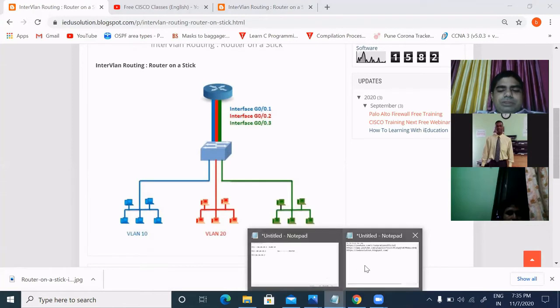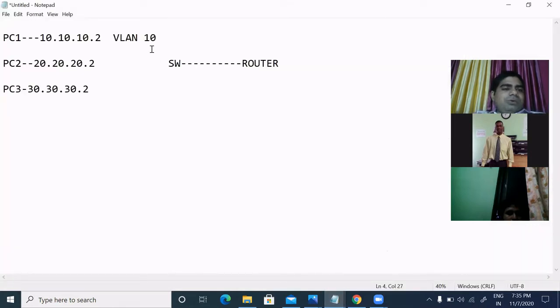We are going to assign VLAN 10 on the port on the switch side which is connected to PC1. On the interface that connects to PC1, we will assign VLAN 10.